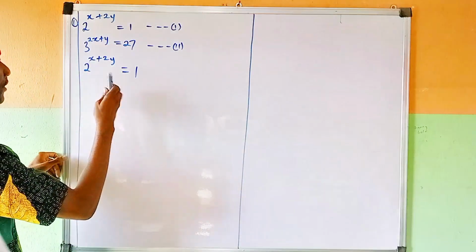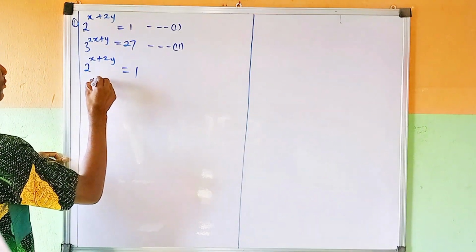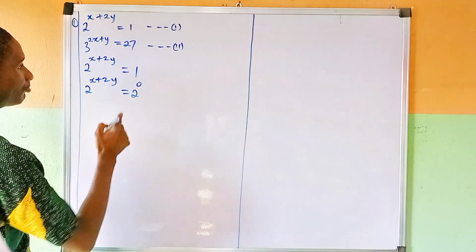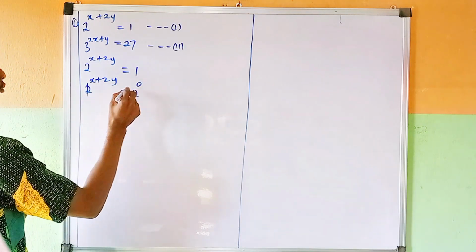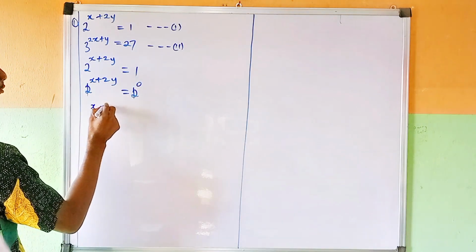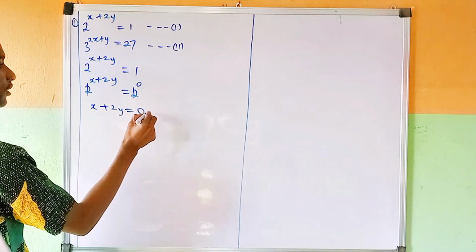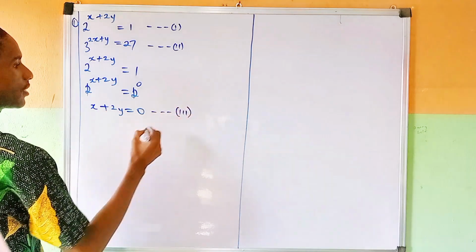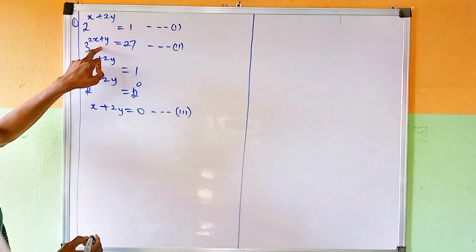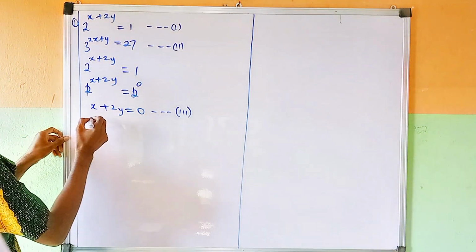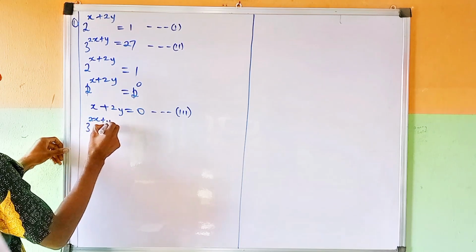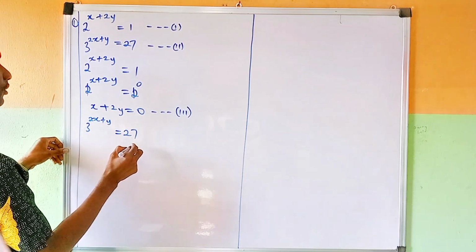So I can rewrite this as 2 raised to the power x plus 2y equals 2 raised to the power 0. Right? And then my 2 can cancel 2. So I have x plus 2y equal to 0. This becomes my equation 3. Then for my equation 2, which is 2x plus y equal 27,